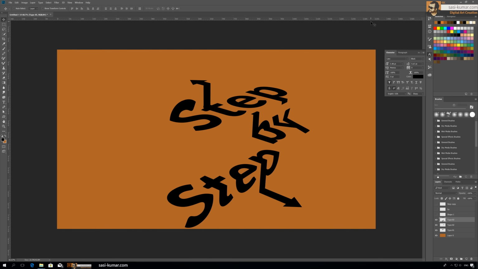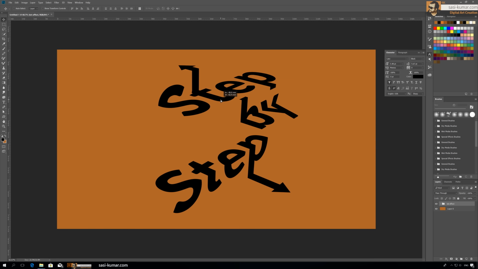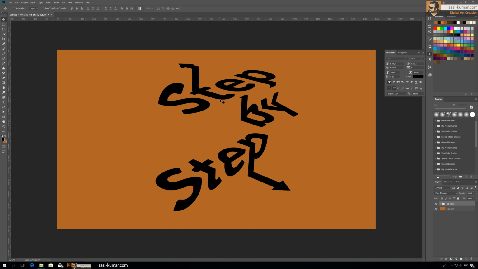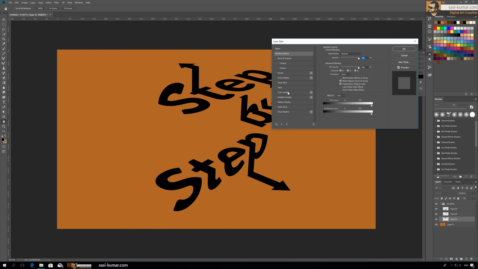So it is done. So we can delete these layers. Yes. And put it into a group. Text effect. And we can bring it to the center. You can change the colors if you want. So just put a color overlay